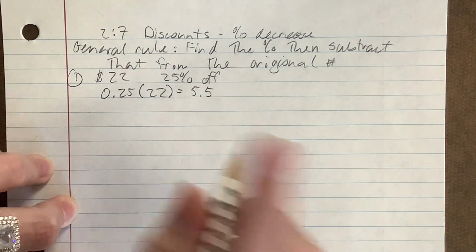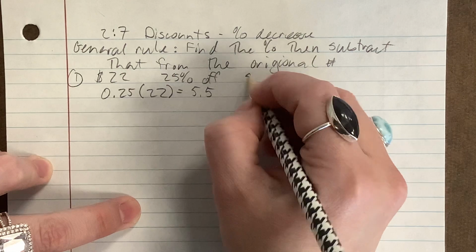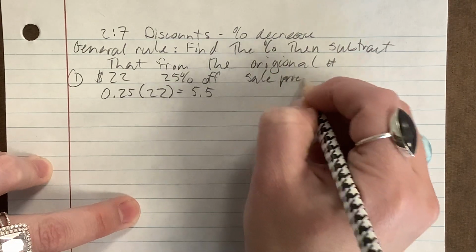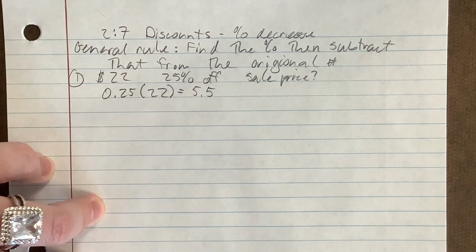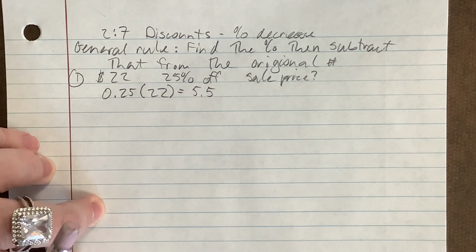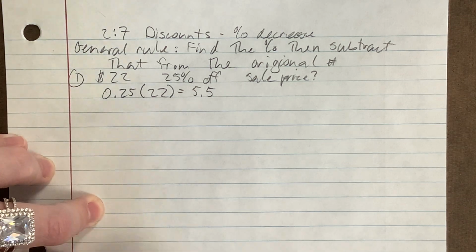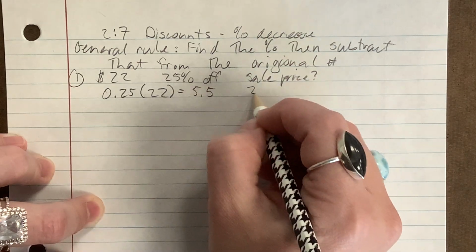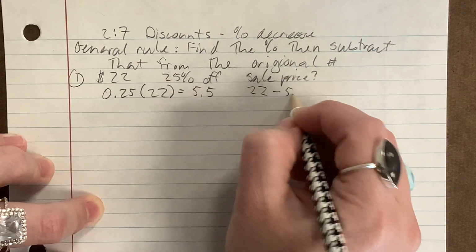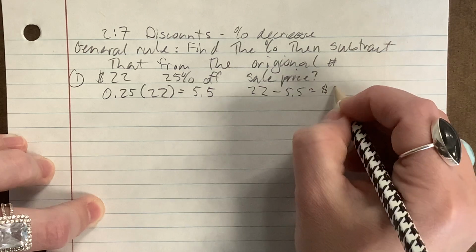Now, is that our answer? No, if it's asking for what is the sale price of the DVD. So, sale price, question mark. What we just calculated is how much we are saving, which is nice to know, but that's not what the question is asking for. What it's asking for is the sale price, which means we go from where we started, the $22, and we subtract the 5.5, and we get that it's on sale for